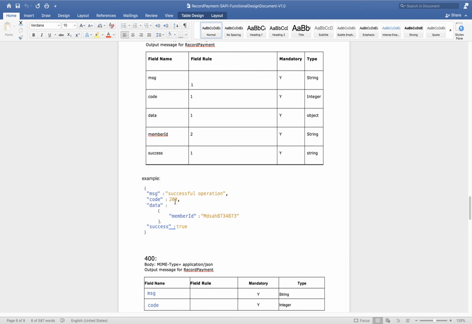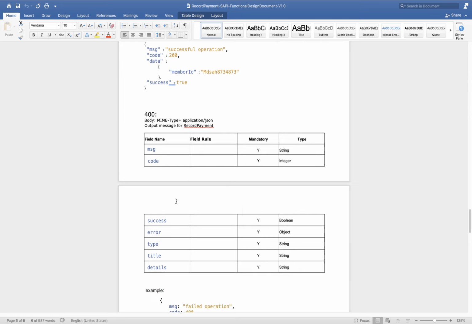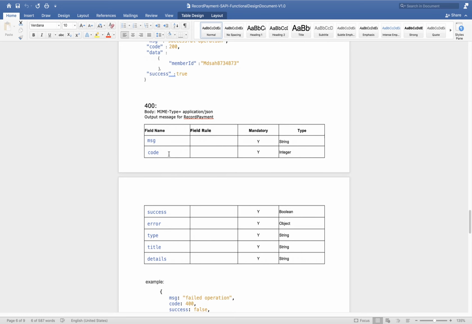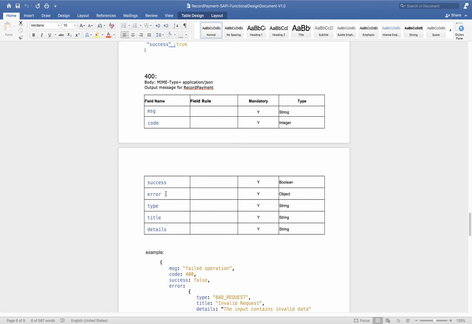But if it failed for any reason, it can be a bad request, a critical error, a server error, or unauthorized access. So if there is any failure, what will be the structure of our response? You can see here it will contain message, code, success, then it will contain error type.